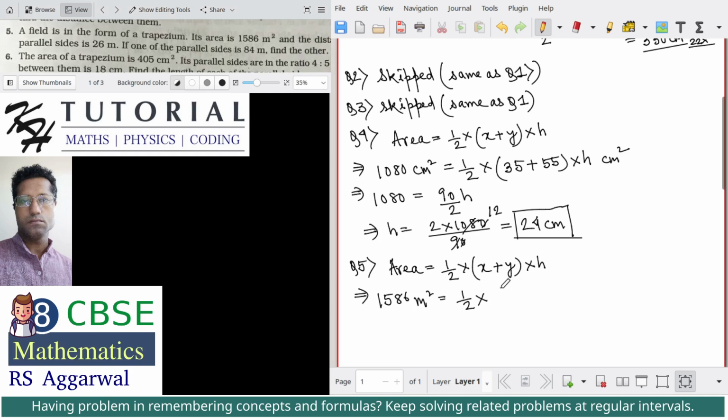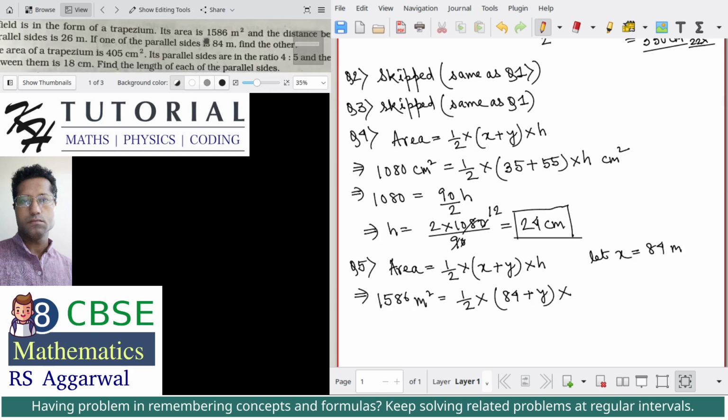If one of the parallel side is 84 meter, so let's say x is 84 meter. We don't know whether x or y will be 84 meter. Let's assume x be 84 meter. So we have 84 plus y multiplied by the distance